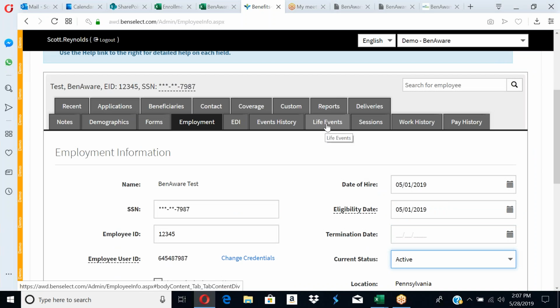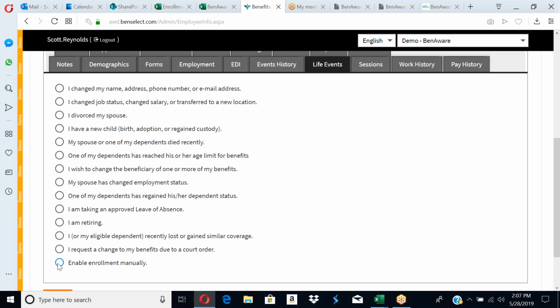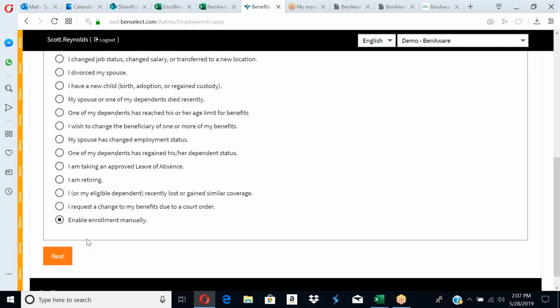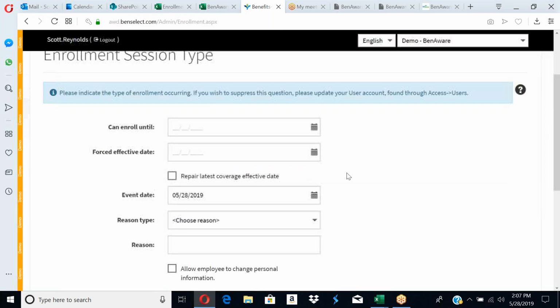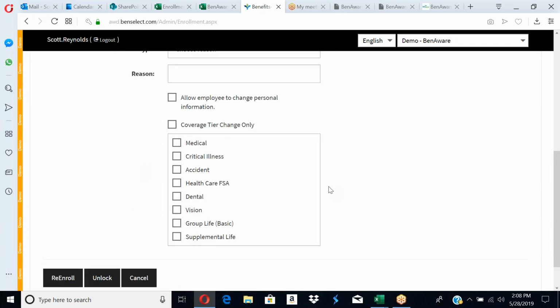If I want to process a qualified life event, I click on life event, choose the reason for the life event. We use this to enable enrollment manually a lot of times. And then you just put in the data. So they can enroll, if they're doing self-service, let's say they've had a life event, they've produced the required documentation to you, and you'll give them a week to complete it. So you'll put the date in here, the forced effective date, which you can do. And then you can select